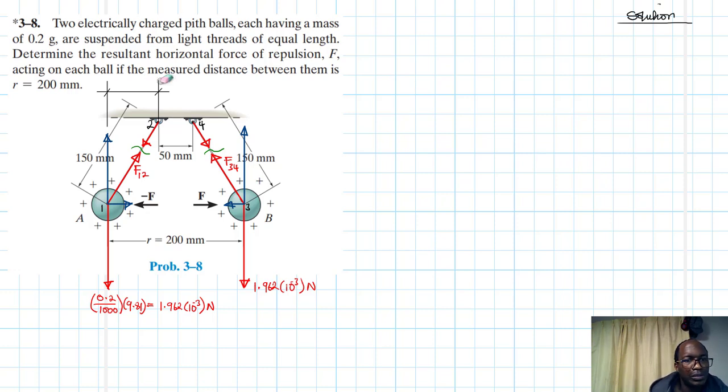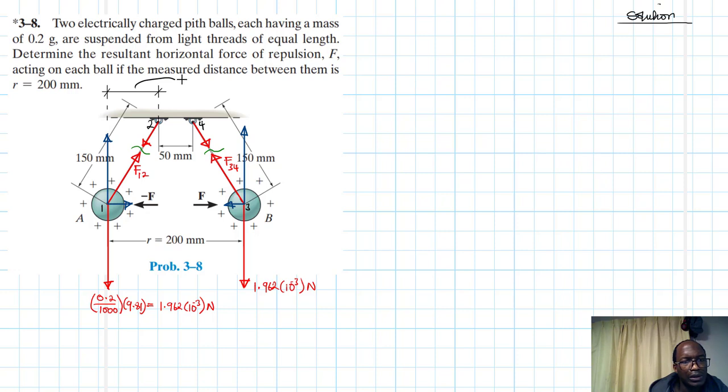Let me clean up this a little bit. Great. So that distance there, this one here is equal to